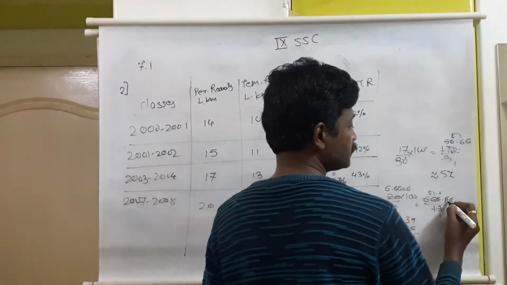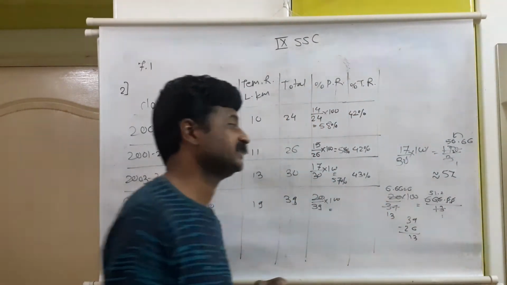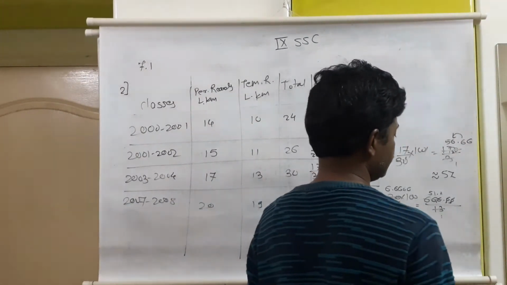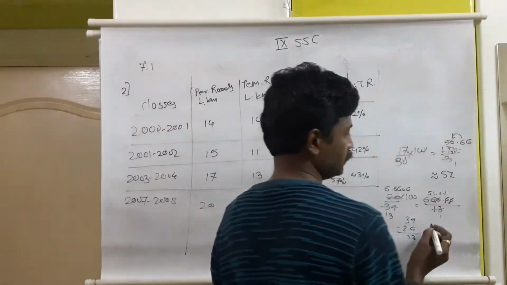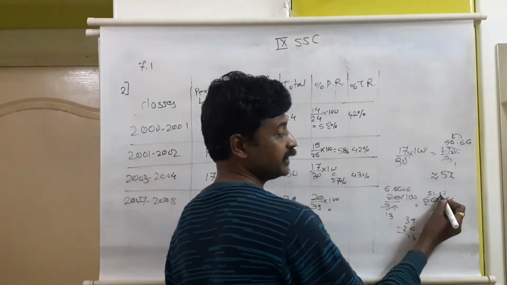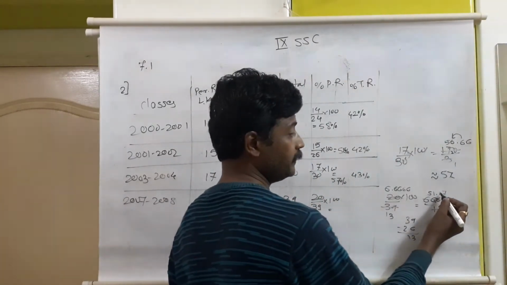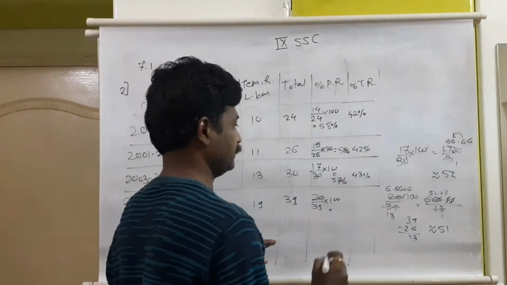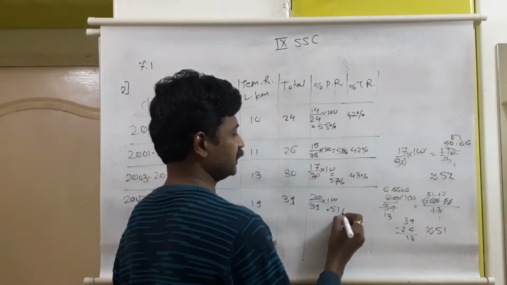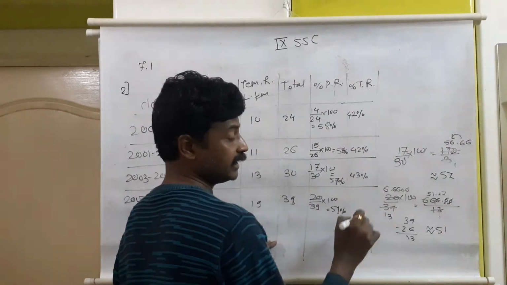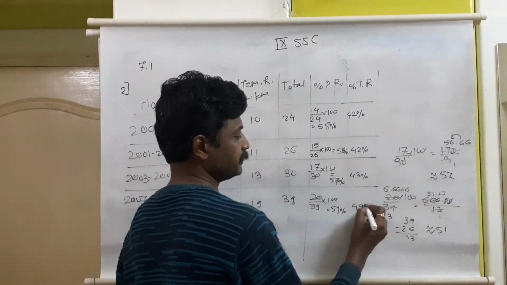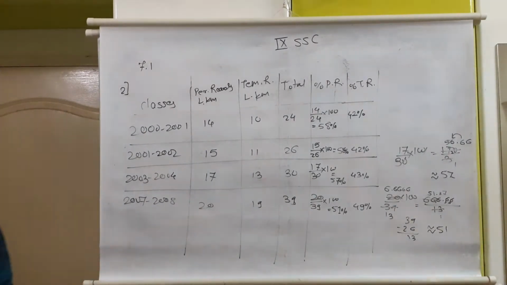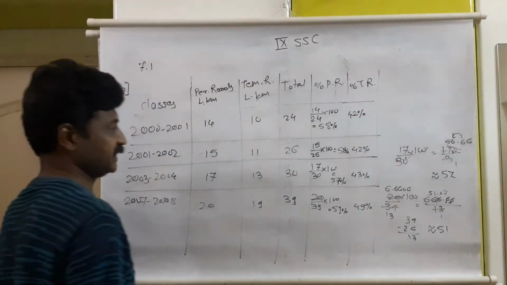10 and this additional 0 will form 106. So 13 7s are 91. 13 8s are 104. So 13 7s can be considered. But the digit after the decimal point is 2. 2 is smaller than 5. So 51.2, approximately it is equal to 51 itself. So this is 51%. Next will be 100 minus 51, that is 49%. Okay, so this is the conversion of given information into percentage.